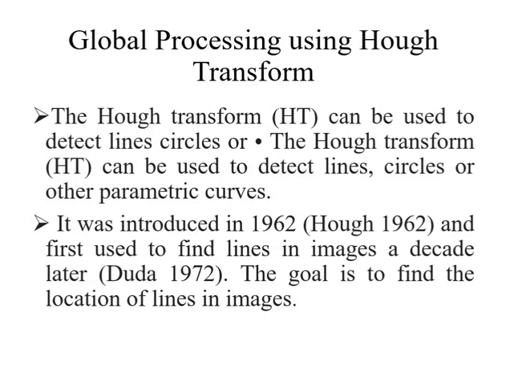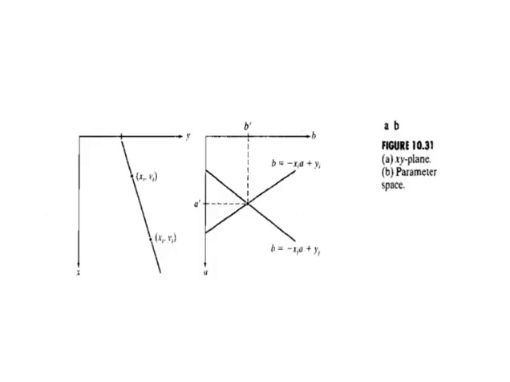Given n points in an image, suppose that we want to find the subset of these points that lie on straight lines. One possible solution is to first find all lines determined by every pair of points and then find all the subsets of points that are close to particular lines. This approach involves finding n(n-1)/2, which is nearly equal to n squared lines, and then performing n(n-1)/2, nearly equal to n cubed, comparisons of every point to all lines. This is a computationally prohibitive task in all but the most trivial applications.